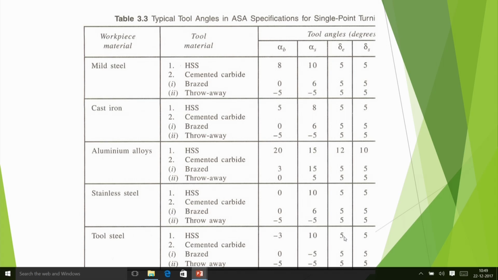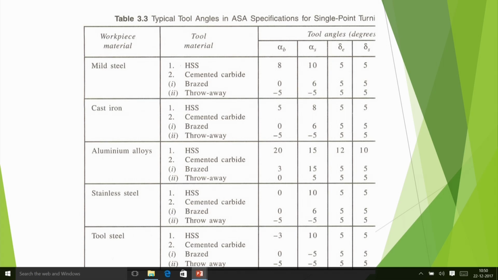These are just the typical values. That means these things are in the same way it is going. It is based on the experience, you have to see lot of data base, and there is always a scope for improvement and do much research on that. So no problem that, but typical values, so that you should get a feel. You should not say my top rake angle is 30 degree or it is say 60 degree. You should get a realistic feel. That is why I have shown the table, not that this table you have to memorize, you have to consider it as a guideline or something.